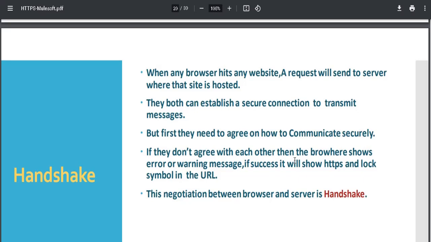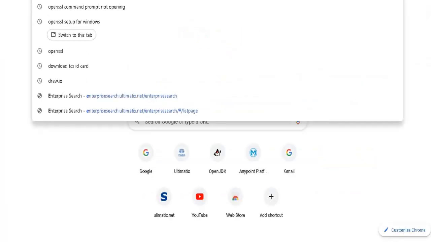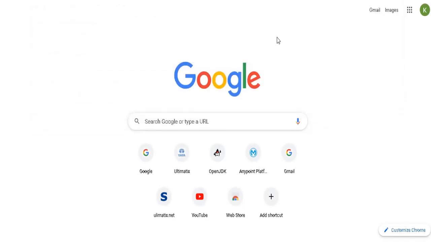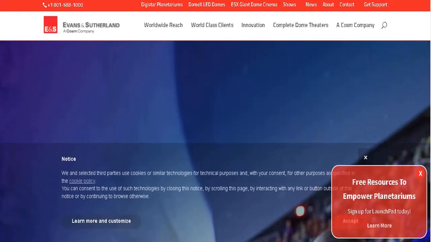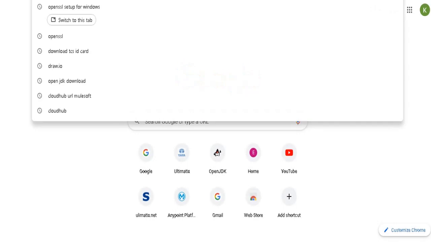If they don't agree with each other, then the browser shows an error or warning message. Just like if we try to access some other site like test.com, anything which is not available.